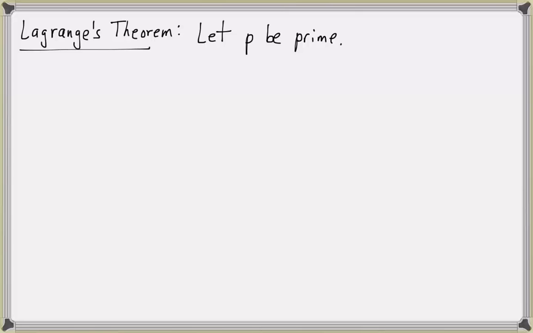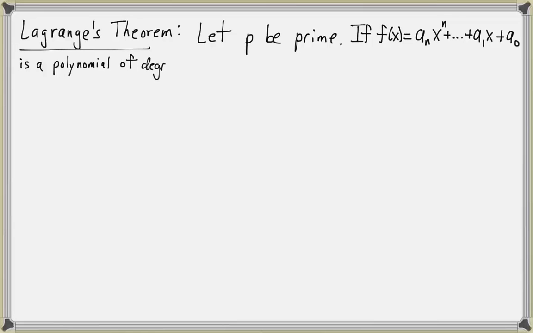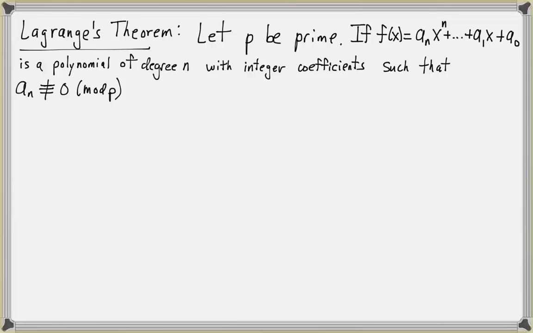If f of x is a polynomial of degree n with integer coefficients, such that an is not congruent to 0 mod p, in other words, p does not divide an,